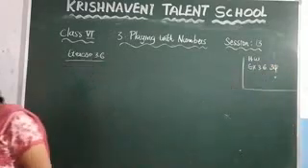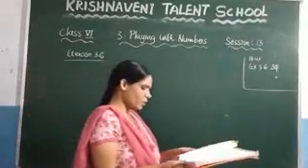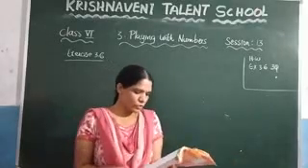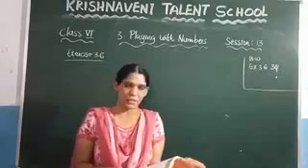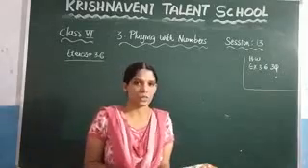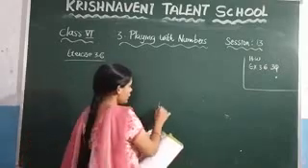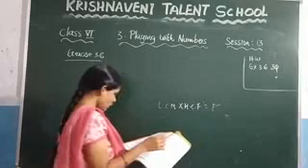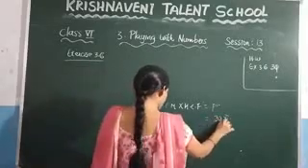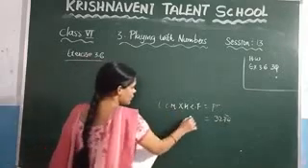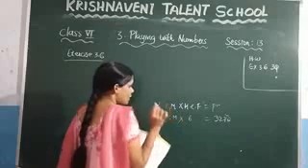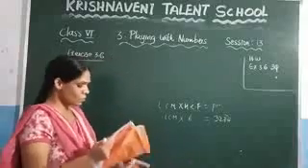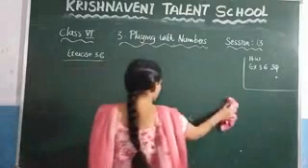Now see the third question, what is given here? The product of two numbers is